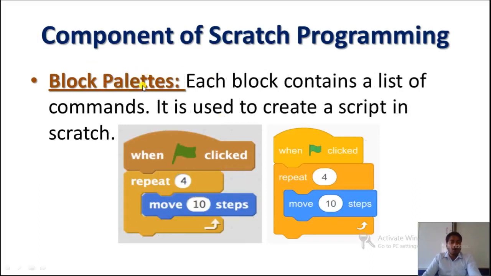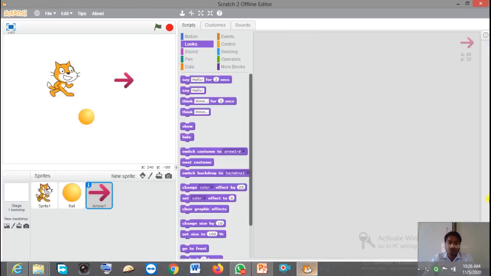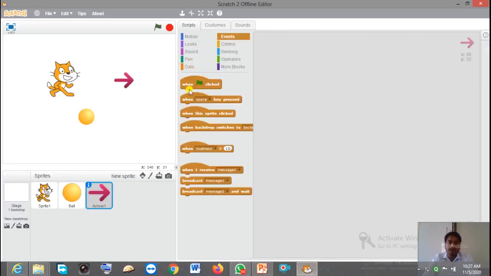Now we have block palettes. Each block contains a list of commands. It is used to create a script in Scratch. Now let me show you. When you click on blocks, you will get a list of commands, and that helps us to create an animation, act, story, etc. It helps us to create our script. Like I'm going to use this.